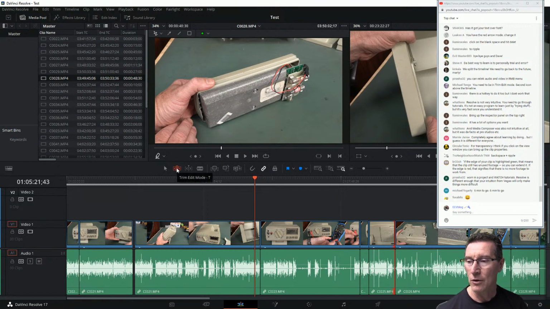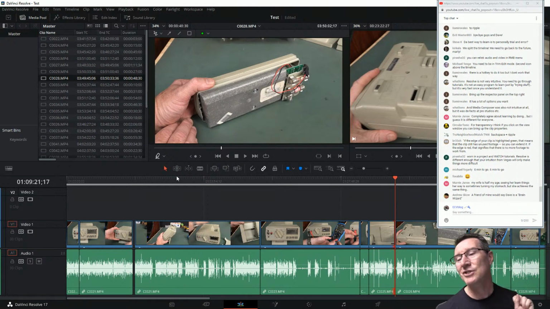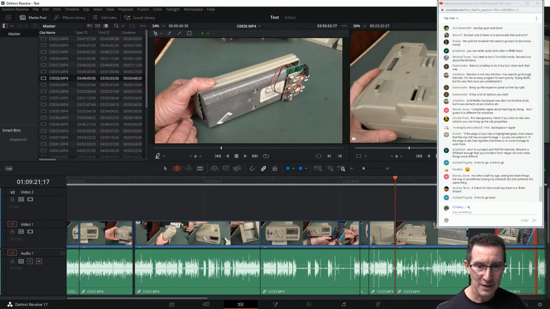Okay, so trim edit mode is like ripple, I guess. But no, hang on. Oh, right, there we go. Okay, so we're in cursor mode. We're in arrow mode. Selection mode. Somebody mentioned selection mode. Thank you. If we're in selection mode and we drag that, yeah, right. Oh, no, that's cool. All right, thank you very much. Yep, like that. And if we drag,